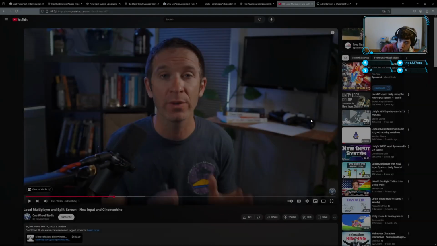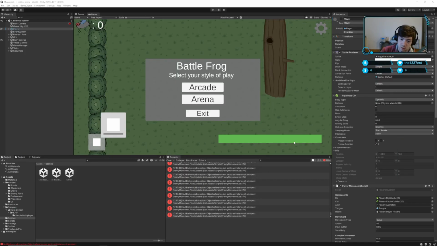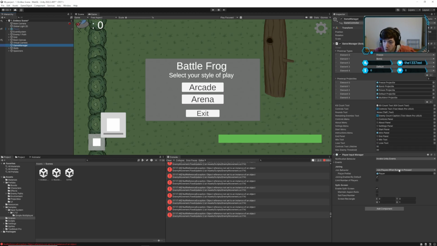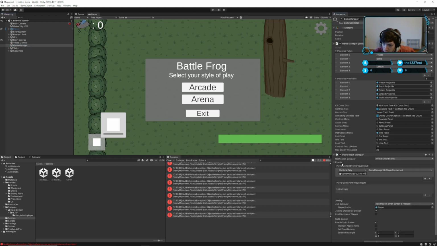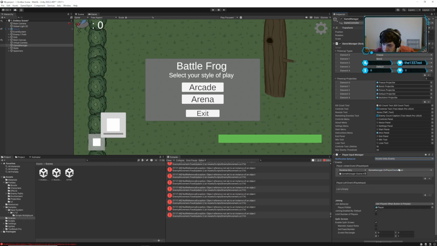Let me just double check all this. I don't want to be a big goof. But that's what I did. We have a game object, right? With the player input manager. I mean, I have it as Unity events, not C# events. I don't know what the difference is, but